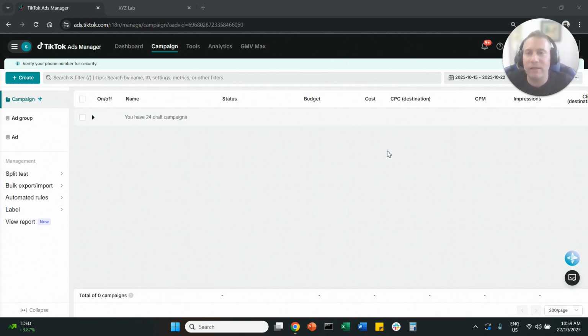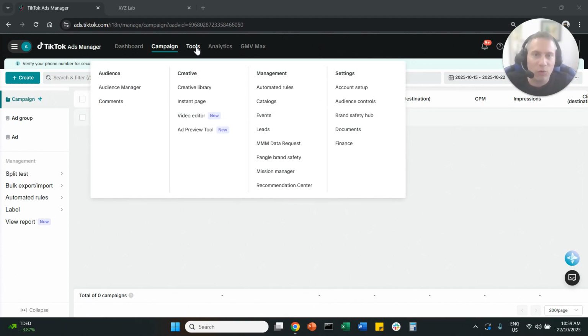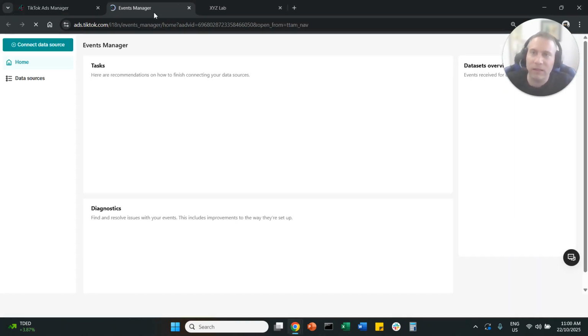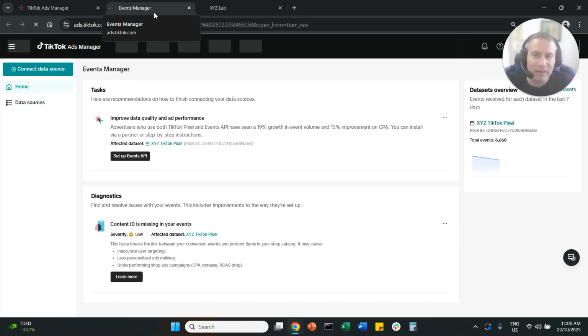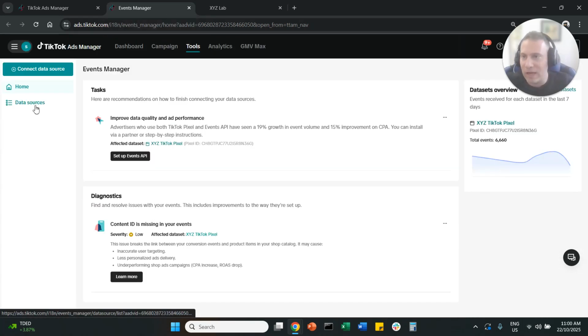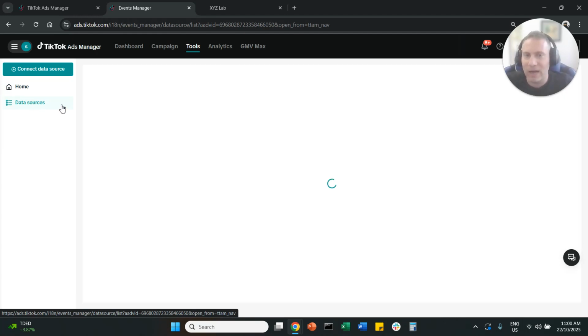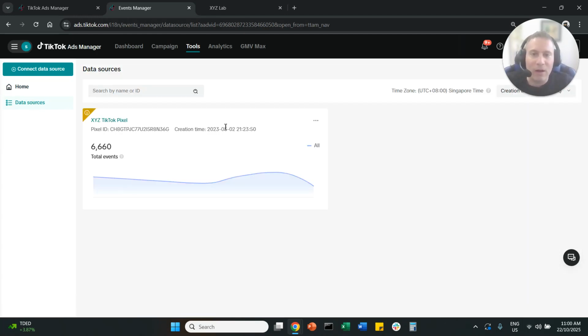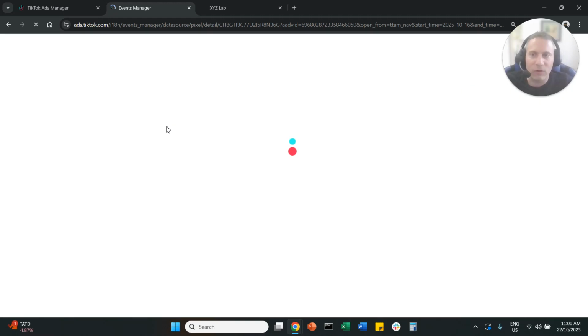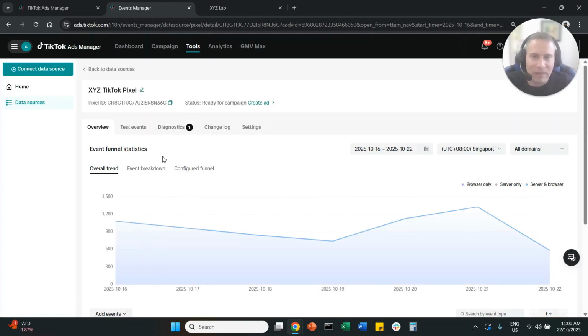And let's get started. Step number one, we're going to come here to our TikTok Ads Manager. Then we're going to hover on Tools and we're going to select Events. We're going to click Events and we're going to open our Events Manager. Here we're going to navigate to Data Sources from the left-hand side, and we are going to click on our pixel. So we are going to select our TikTok Pixel,